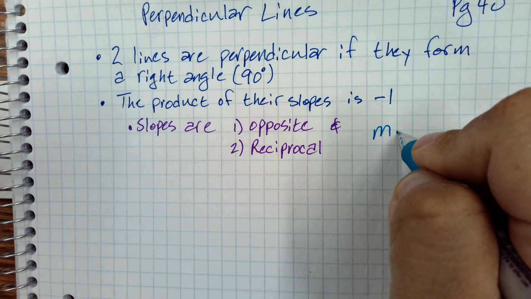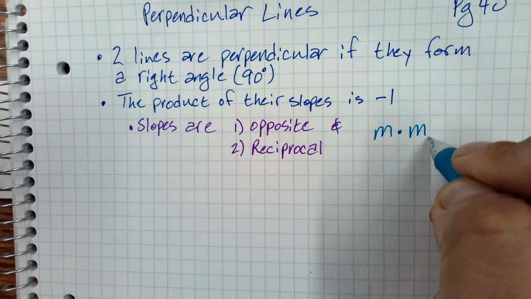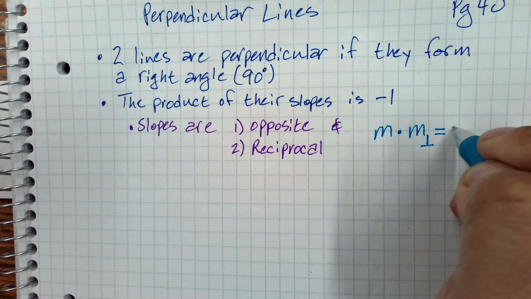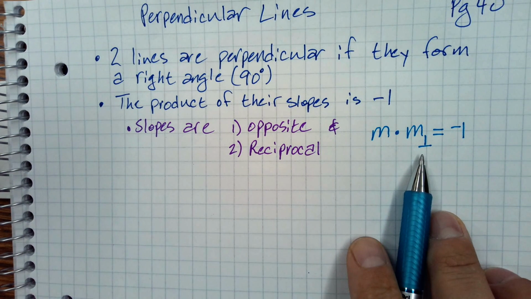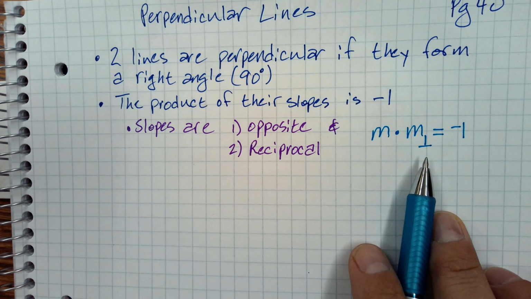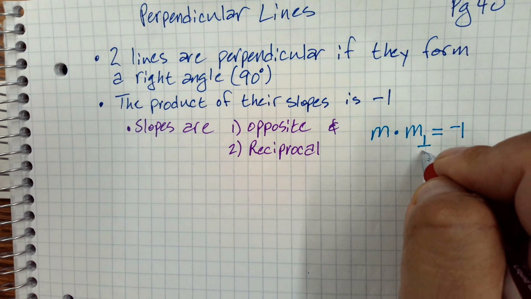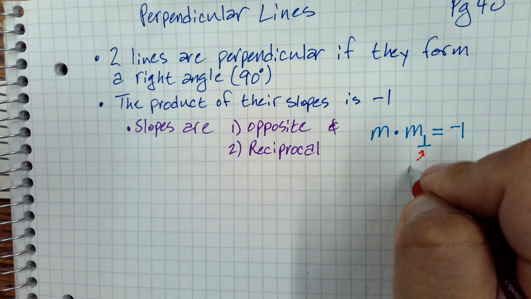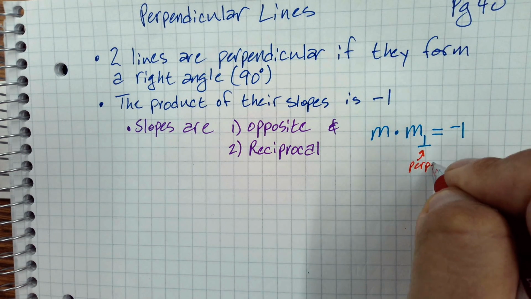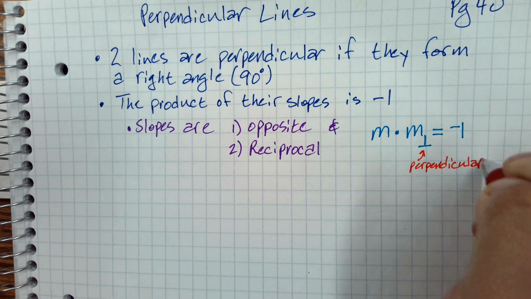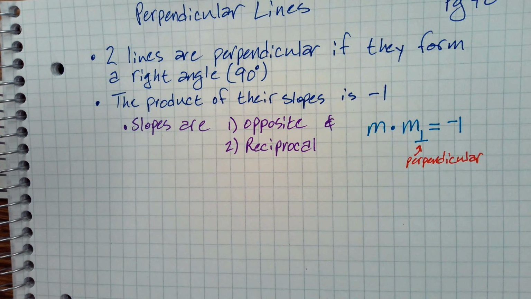M times M perpendicular equals -1. You see this little symbol there, upside down T? That's a shorthand for perpendicular. So if you're wondering what kind of symbol Mr. Contreras is throwing at us this time, this stands for perpendicular. We love our symbols in math. Okay, so